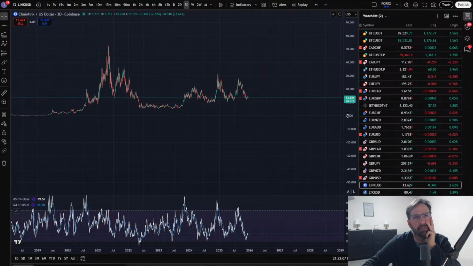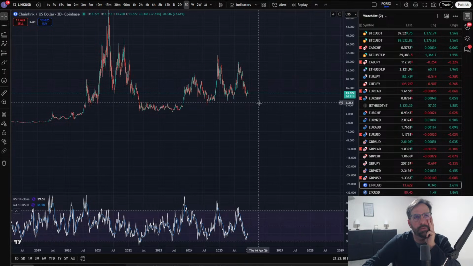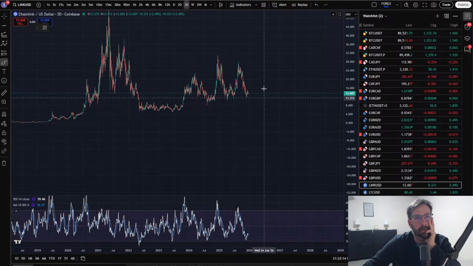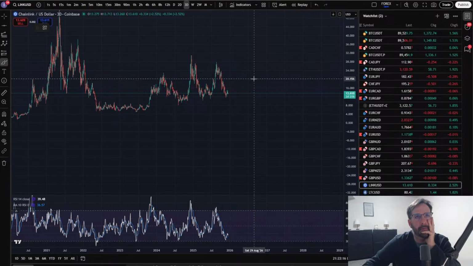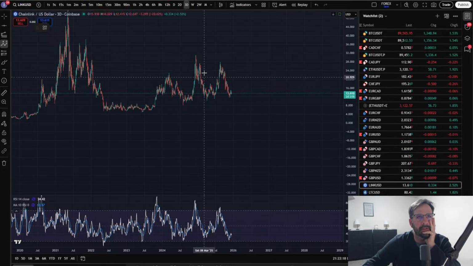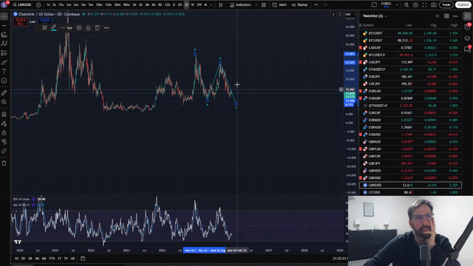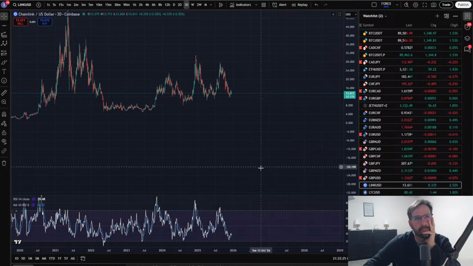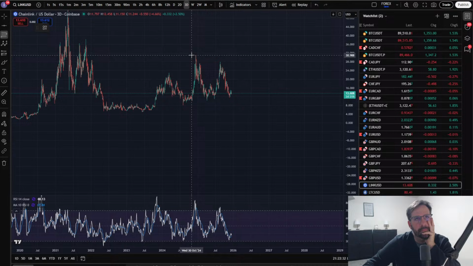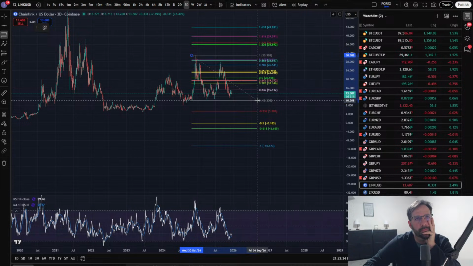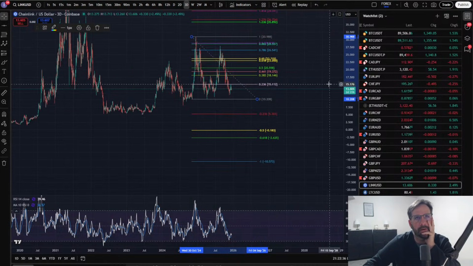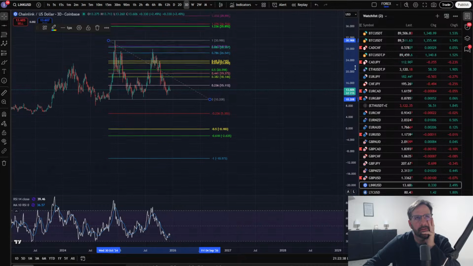Could this be a running flat? Could we have a 1-2-1-2 working, and this is a runner? Yes, possible. So what if you get this? Yeah, let's do it this way. Let's call this a runner. Did that come 90%? Let's see. It did not hit 90%. Okay, so that would need to be 3.